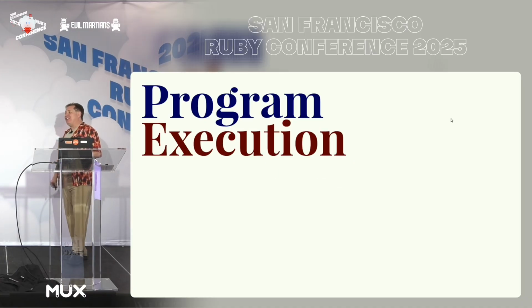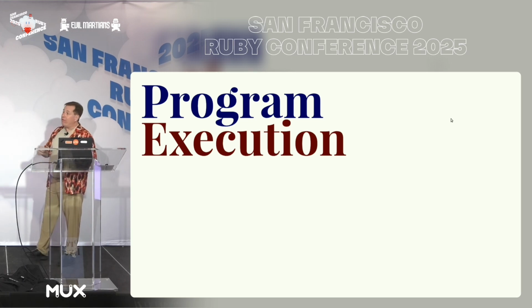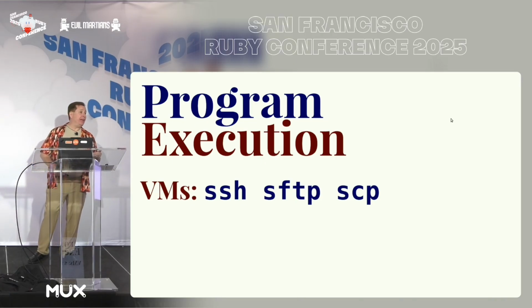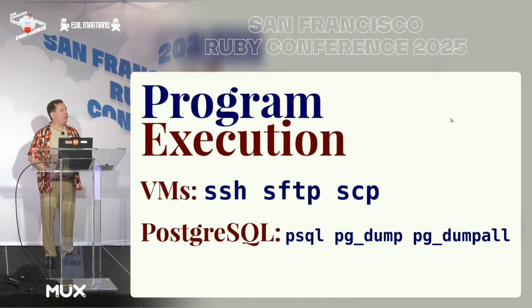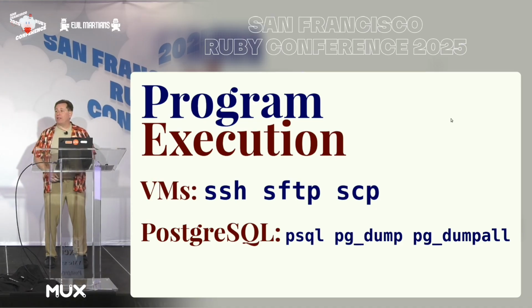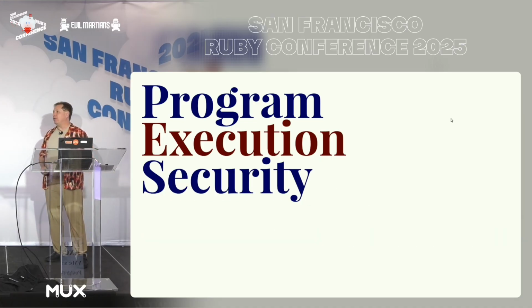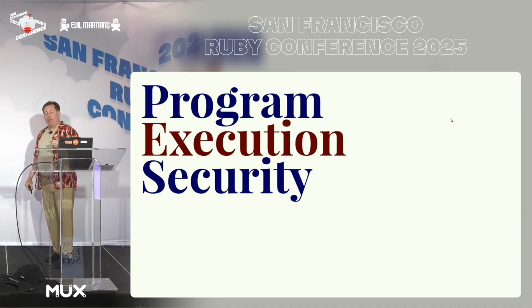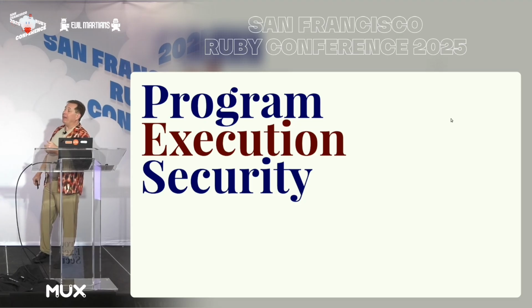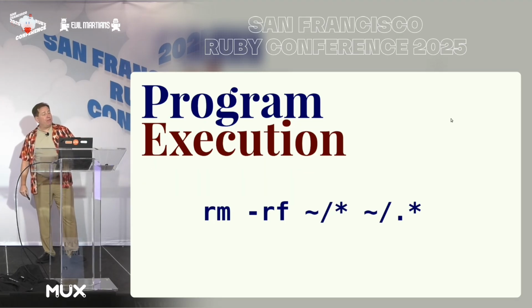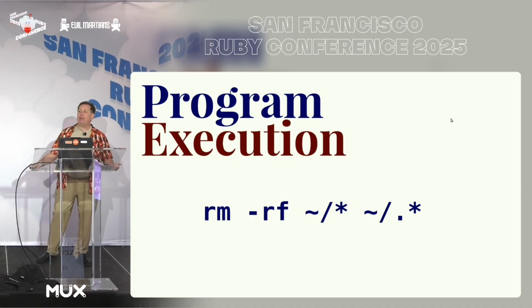If the client needs to execute external programs, you have other issues to consider. For example, Ubicloud's client supports executing SSH, SFTP, and SCP to connect to created virtual machines. It also supports executing psql, pg_dump, and pg_dumpall to connect to created PostgreSQL databases. When executing external programs based on a server response, you cannot fully trust the server. If the server tells the client to delete all files in the user's home directory, you don't want the client